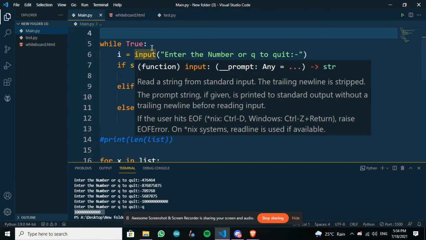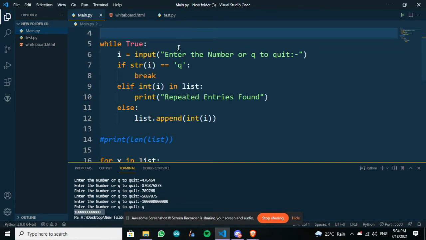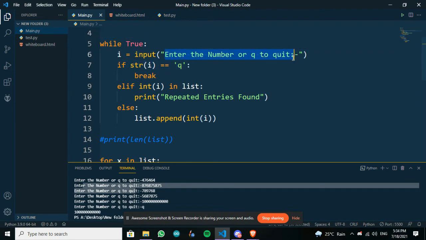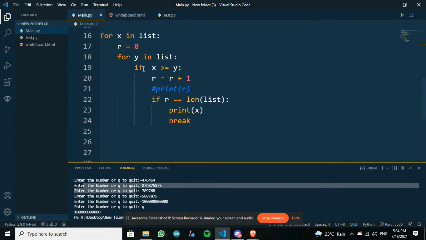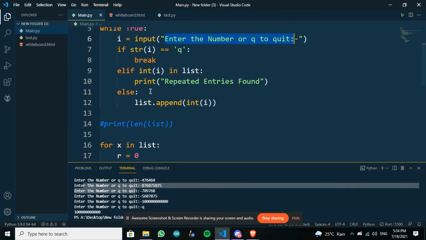And as you can see, enter the number, q to quit, here enter the number, q to quit. If it is q, then it will break out of the loop and start doing this logic that I explained just before. And here, for my program, I didn't want the user to input the same thing again.